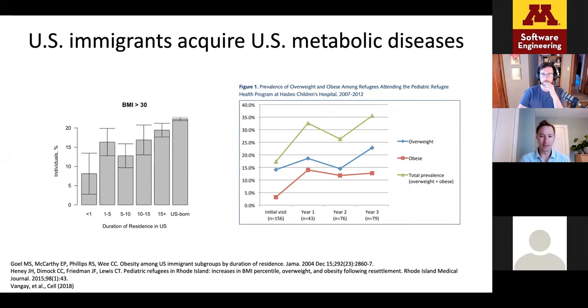These are just some data from some groups of US immigrants. This is some data that we collected in my lab showing body mass index going up, the fraction of people with obesity who've been here for less than 1 year versus 15 plus years. And then this is people who were US born in the same city. So you can see that people are acquiring the US risk the longer they stay in the US. And this is in kids, just over 3 years, you see the incidence of obesity and being overweight